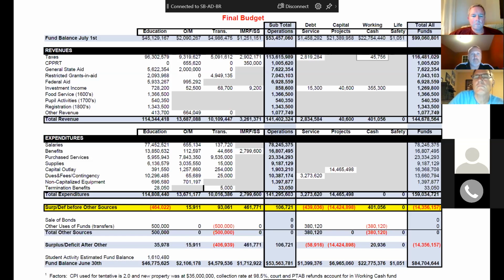So going back to the first 4 columns, which are really the ones that I think boards should focus on, because if you have a structural deficit, this is where it's gonna show up. We're showing that first blue column, if you follow that all the way down the page to the yellow highlighted line, you can see we have $106,721 surplus. And again, that includes the $175,000 in contingency,